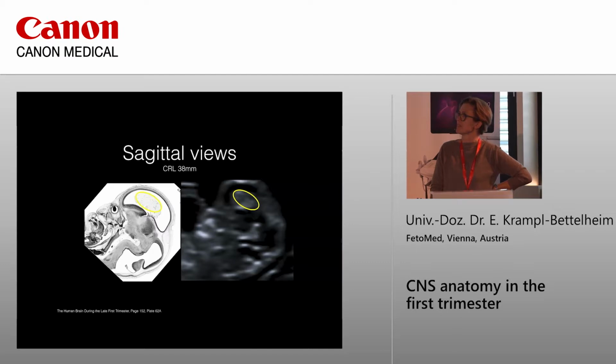There you go, that was the sagittal views. What is most obvious on ultrasound, just to repeat, is obviously the choroid plexus, if you're slightly parasagittal. Then the dark structure is thalamus and hypothalamus, or if you're really in the middle, the third ventricle. The very large future aqueduct. Then the pons, and opposite the cerebellum, and the fourth ventricle. So these are the structures that you see quite clearly in the sagittal views at the late first